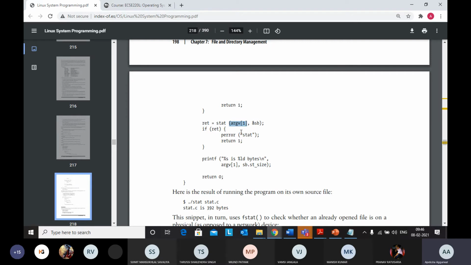If the status of that file is returned, then fine. Otherwise, perror stat will generate errors. perror is the standard error associated with stat, saying that the status of the file is not returned.